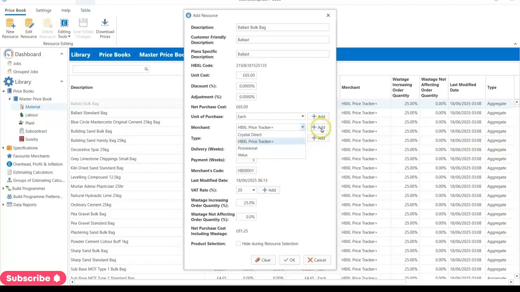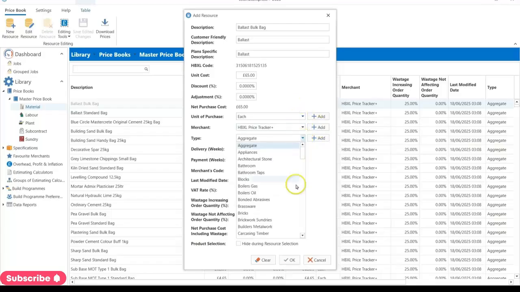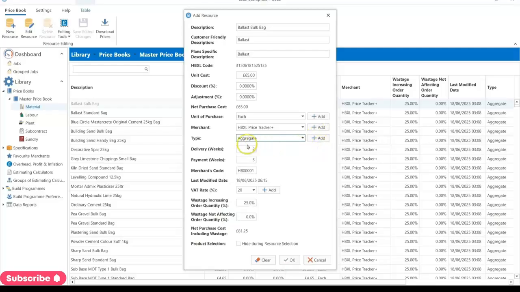We then have the type of material, be it aggregates, blocks, whatever it may be. As you can see, there's many built into the software, and of course you can add them there as well. We then give the delivery timescale for the material and the payment schedule as well. This will allow the software to calculate when the item needs to be ordered and of course when it needs